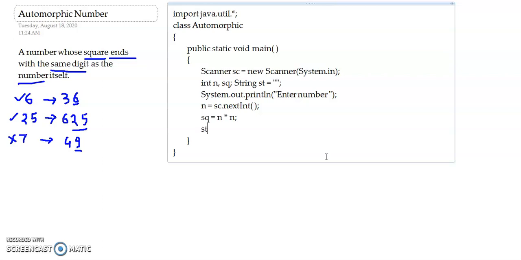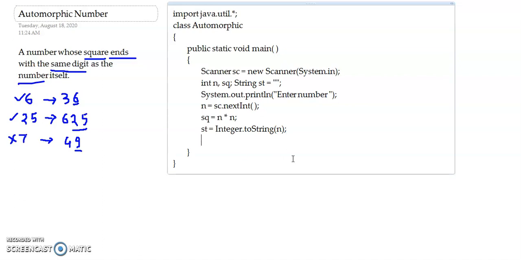So st equals Integer dot toString n. Now toString is a function of the Integer class which can convert any integer to a string value.